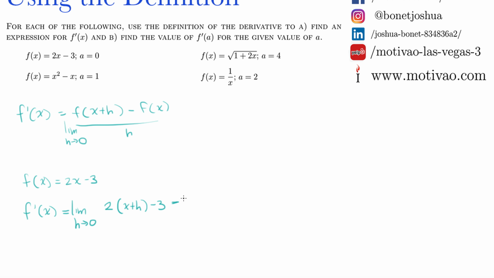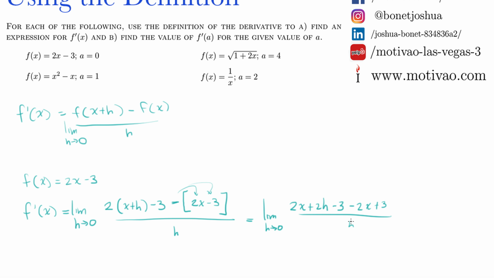Now the second step that is most common for errors is this step. What I want you to do is put a bracket or big parentheses and then write down the entire function, so 2x minus 3, everything divided by h. So now we keep going. We distribute the 2, so you get 2x plus 2h minus 3. And then this minus is going to distribute on both. It's going to be negative 2x, and negative times negative is positive 3